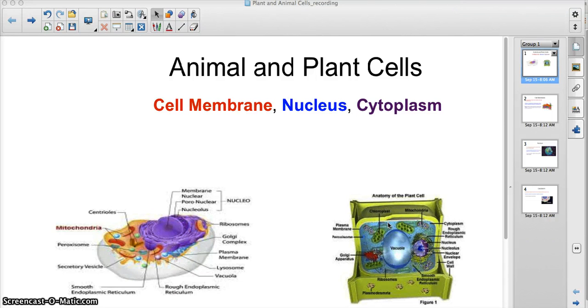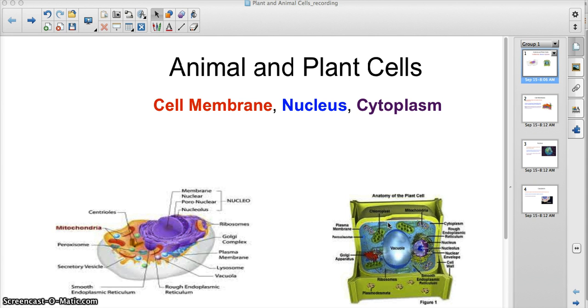Real quick, we've been talking about these different parts of the cells, and I said there are some things that are must knows, and so I'm just going to briefly discuss those. Most of you turned in your parts of the cell project, and so what I want to do is just let you know a couple little important details. First of all,